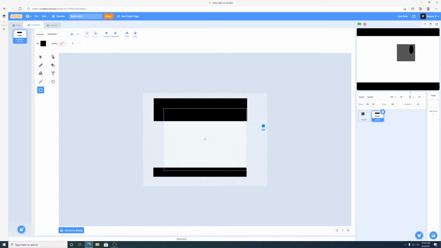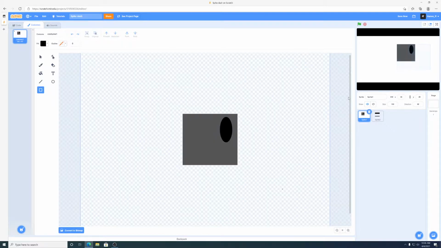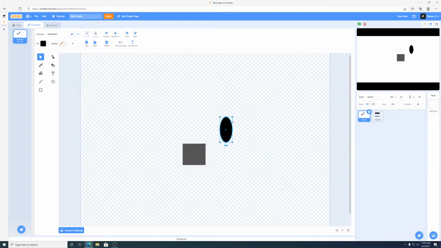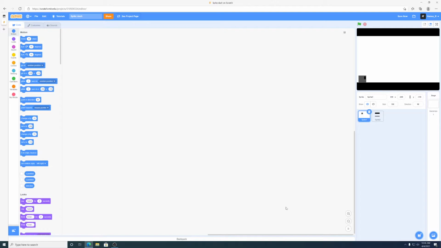Okay, that's better. The character sprite is too big, so make it smaller. That's better. Then you drag the player sprite to the bottom,